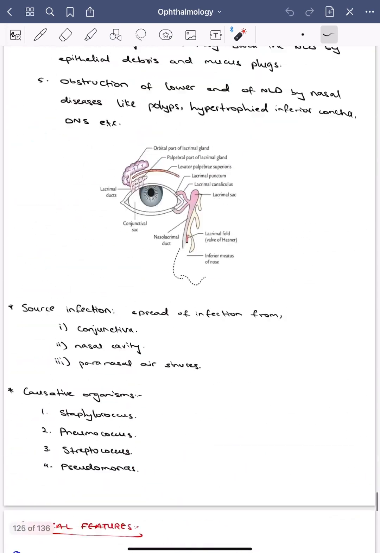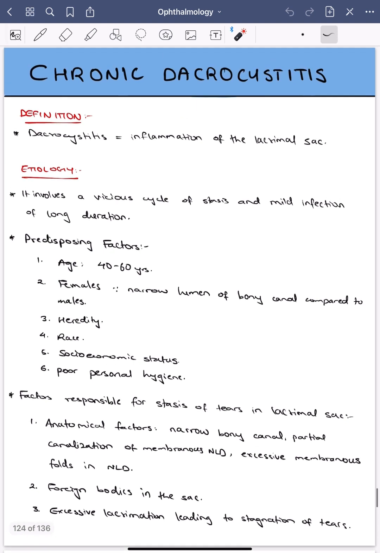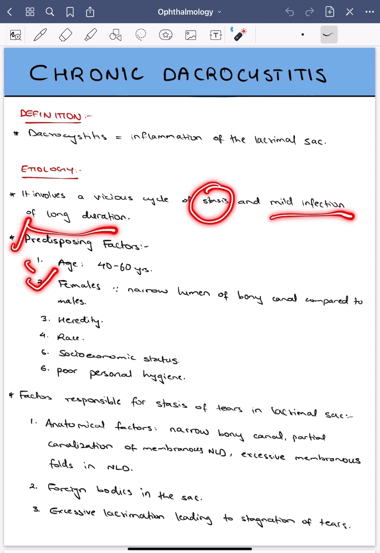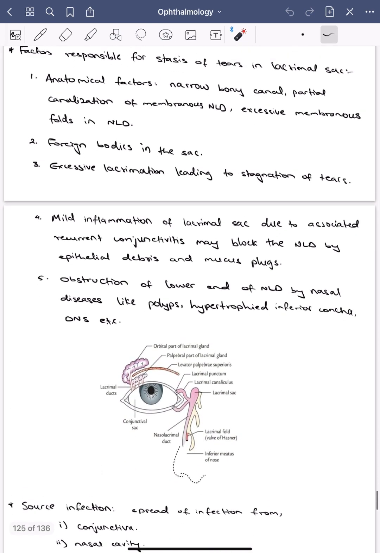So a quick revision. Now the definition: it is the chronic inflammation of the lacrimal sac. Etiology: it is a vicious cycle of stasis and mild infection. We discussed the predisposing factors, like it is more common in females aged 40 to 60 years. Then the factors responsible for stasis of tears within the lacrimal sac. Now these are anatomical factors like narrow bony canal, partial canalization of the nasolacrimal duct, or excessive membranous folds within